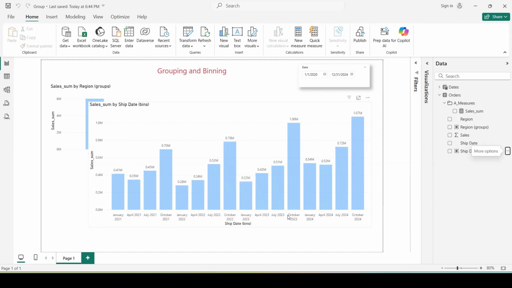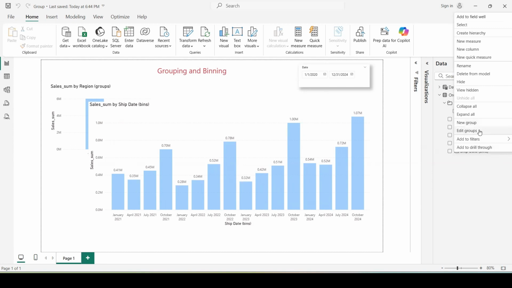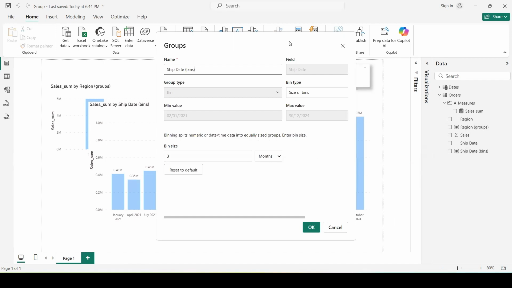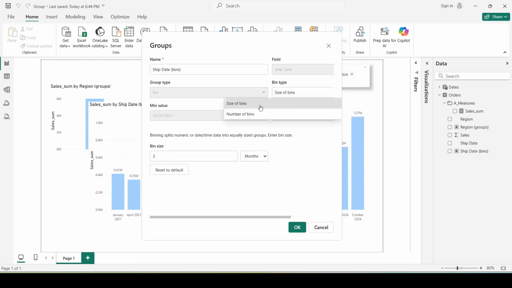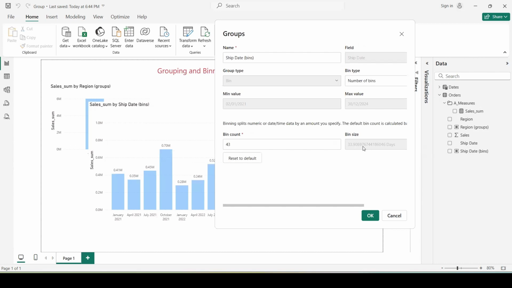Now, the question is, if I want to see by 1.5 months, like with decimals, then we can do that. We go back in edit groups with number of bins. If we choose number of bins, we can see that we have bin size. It is already a number. This is calculated by the algorithm.